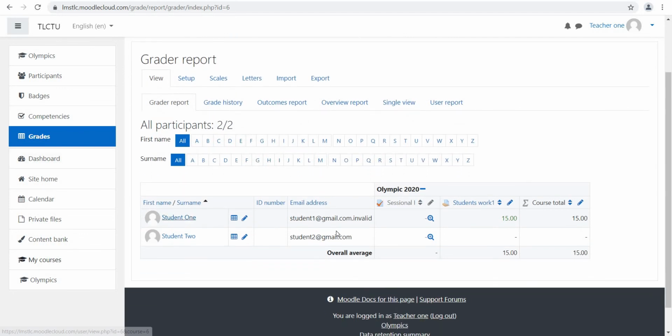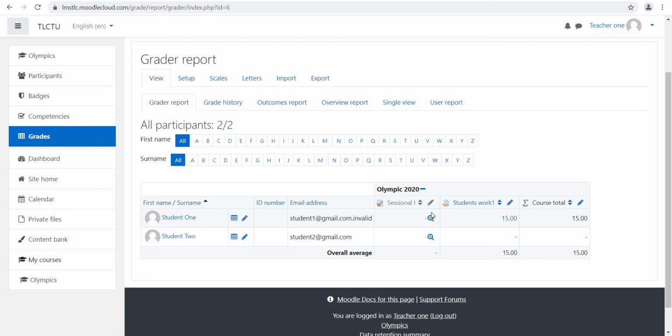Here student 1 has received 15 marks in the assignment student's work, and student 2 hasn't submitted anything, and the marks for the quiz sessional 1 are yet to be reflected because it is still open and some part of the quiz is to be graded by the teacher. Once all these things are done, those scores shall also be reflected here in the grade book.